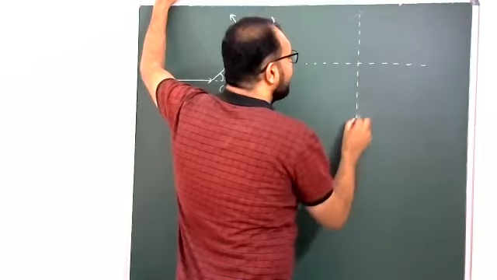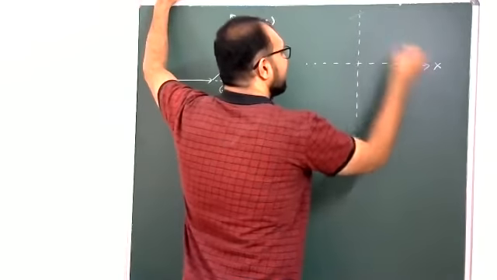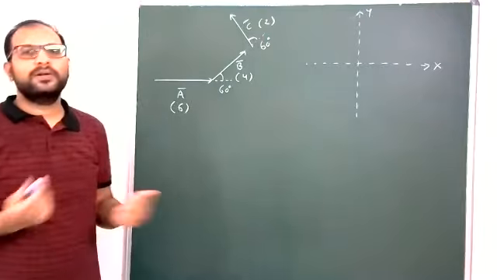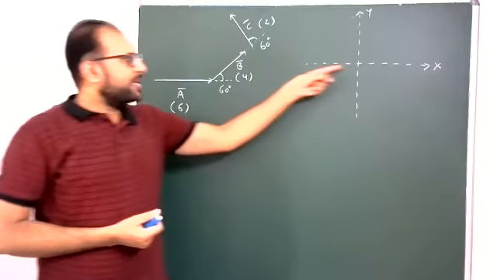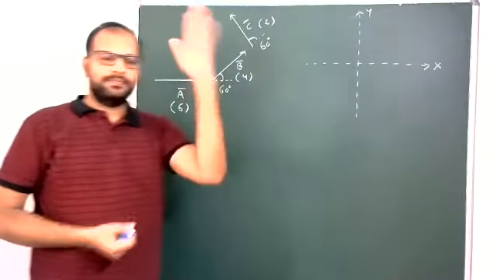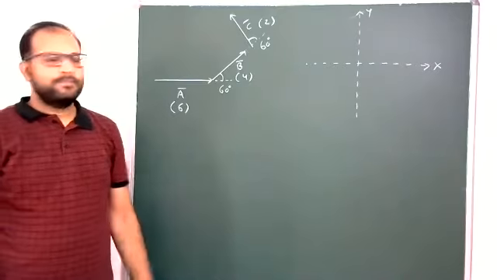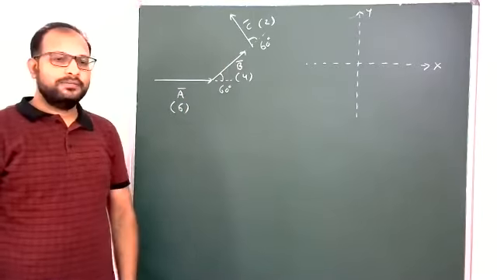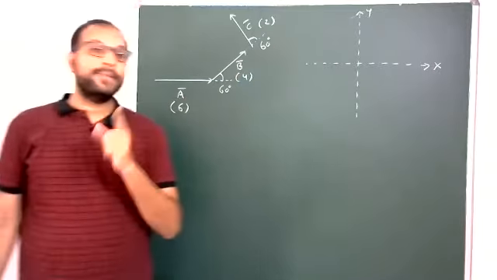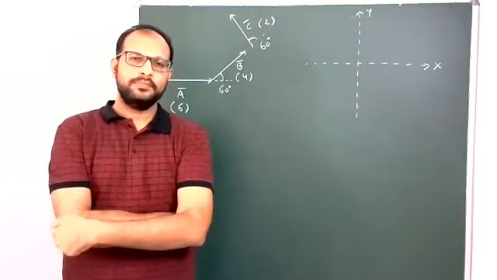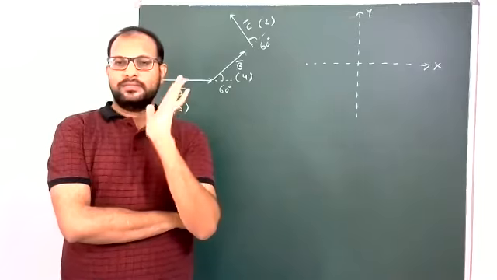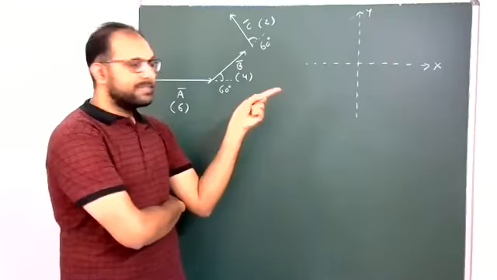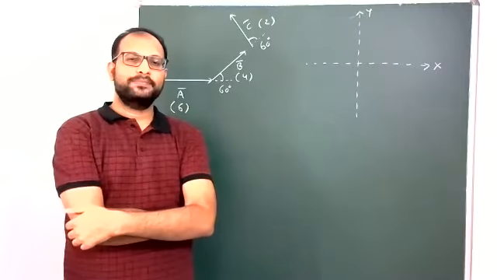Take one coordinate system, x-axis and y-axis. That's all, because these are now in the xy plane. So after taking this coordinate system, A bar, B bar and C bar all are represented in the coordinate system, but one important point: all vectors should start from the origin of the coordinate system only. In that way you need to draw the first diagram.